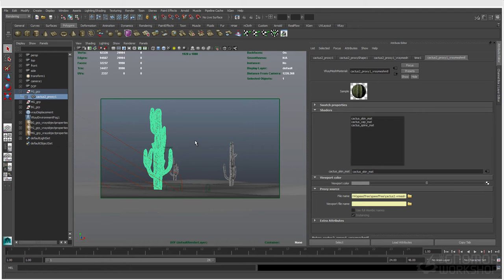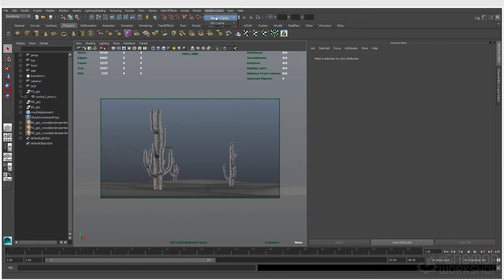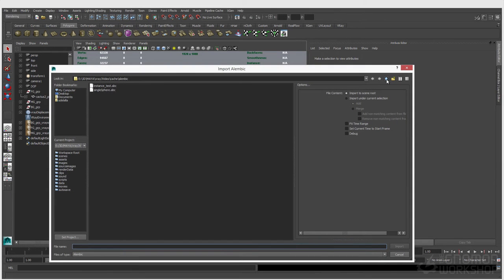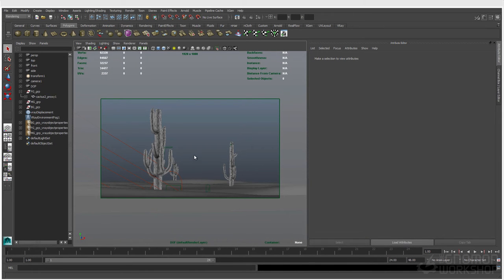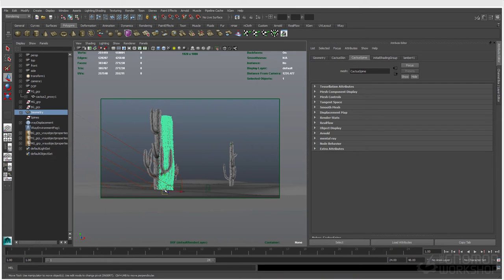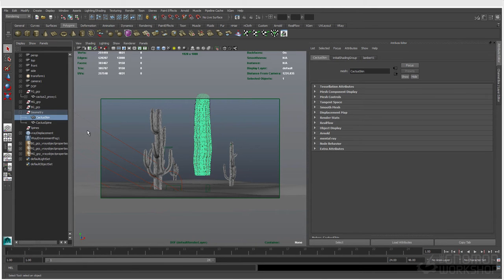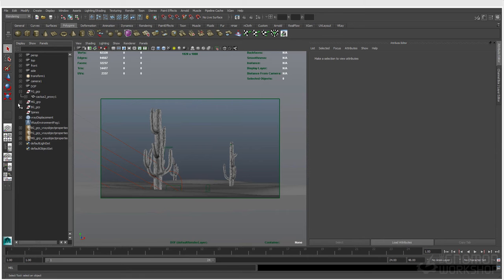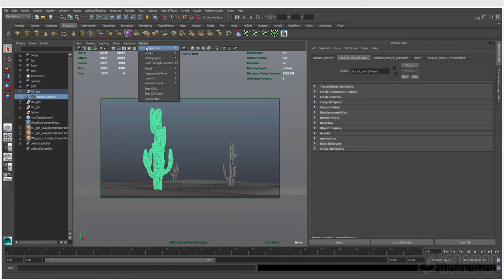And the way these were created was I imported an Alembic of some cacti. So let me grab these real quick. So you can see we can just grab any of them here. So here's our cactus. And here's our geometry, which comes in pretty small. We can scale it up. This Alembic, I actually chose to go ahead and just assign my materials to it first. But I brought that in, exported the V-Ray proxy, and you can see now, even with this desert scene here,